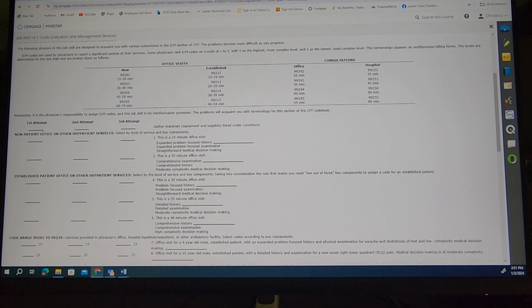This is a new patient. So this is going to tell me that I'm going to stick in this column right here that says new for office visit. We'll just highlight that right there, new for office visit. This is a 25-minute office visit. That is going to tell me that the code will be this 99202, 15 to 29 minutes, because they said they only spent 25 minutes. It's a new patient. It's in the office. So our final answer for our code will be